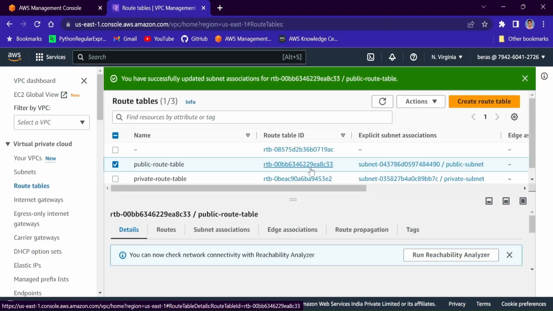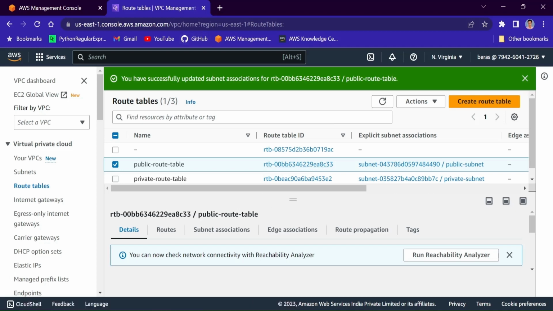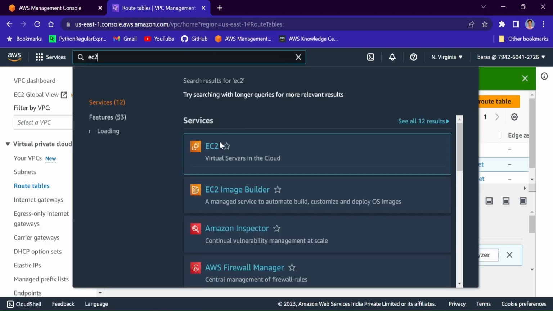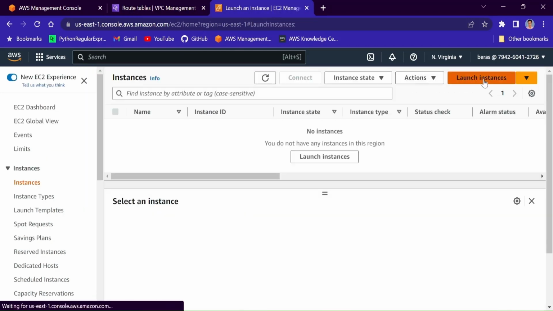Now we need to create two EC2 instances. The public instance will be inside the public subnet, and the private instance will be inside the private subnet. So let's go to EC2, click on instances, launch instances,